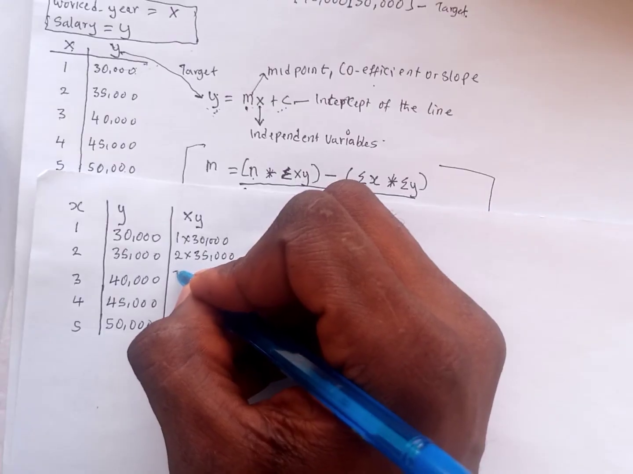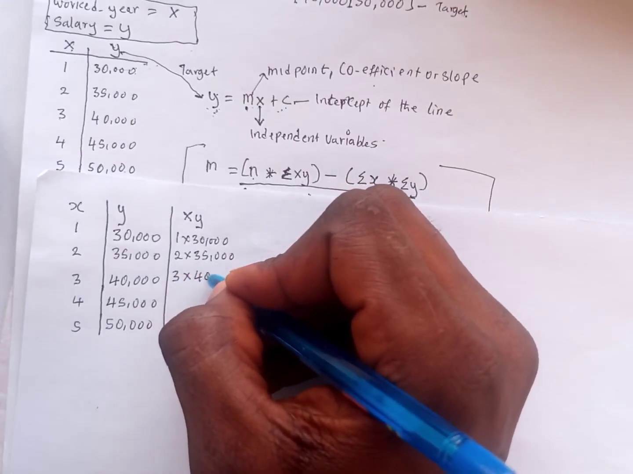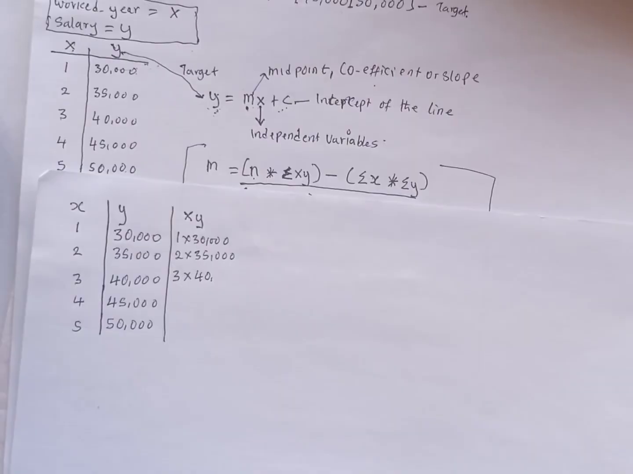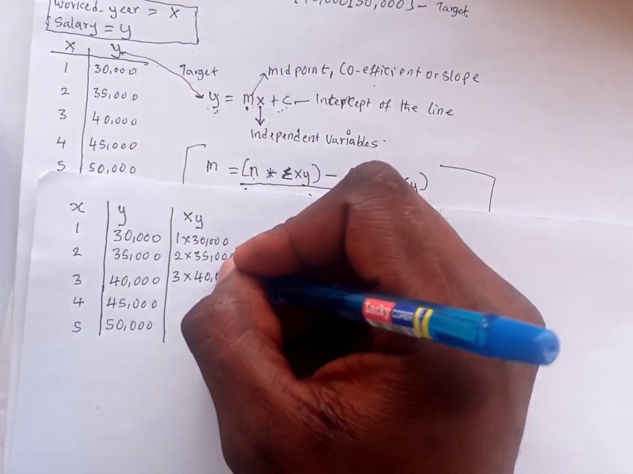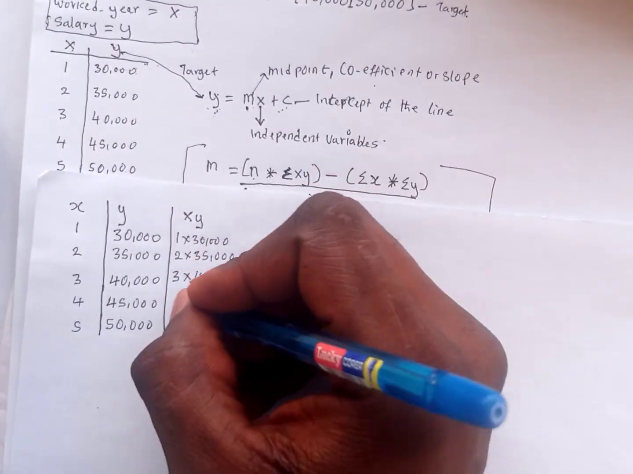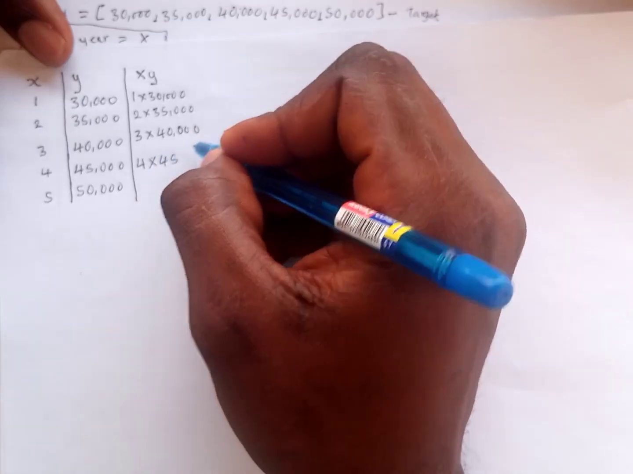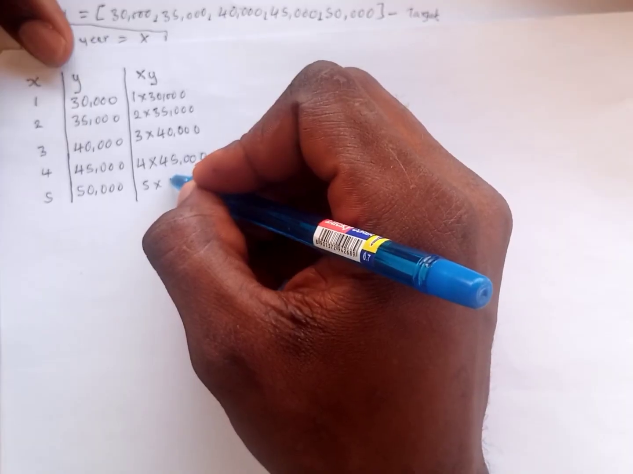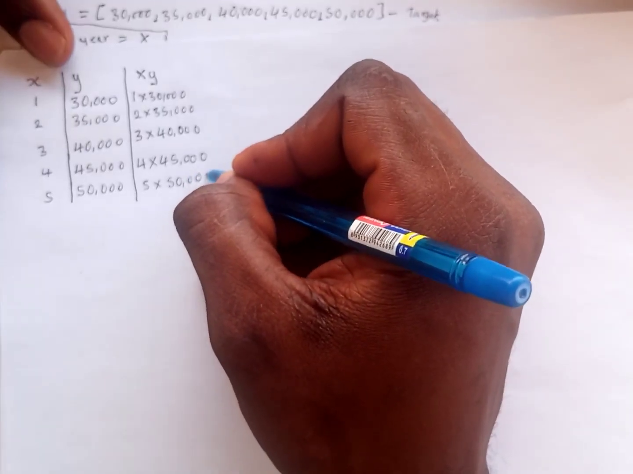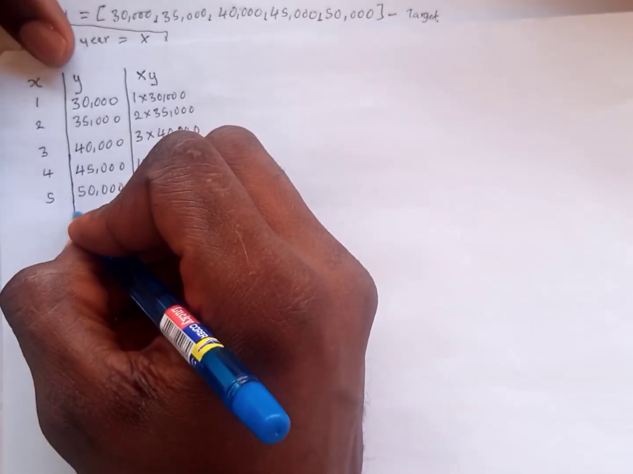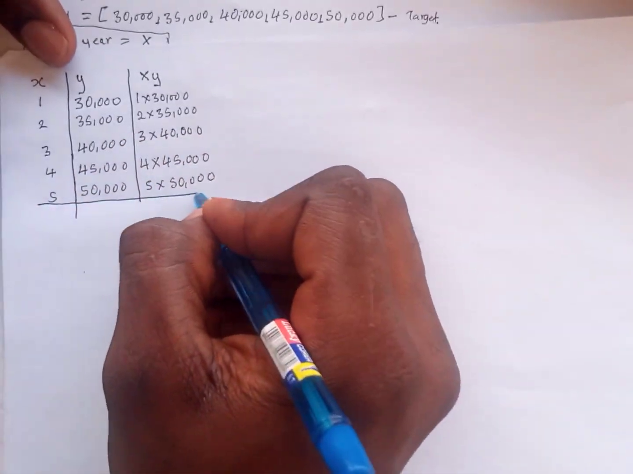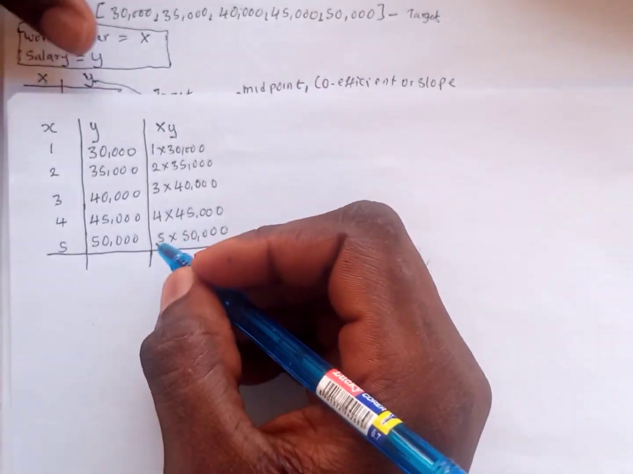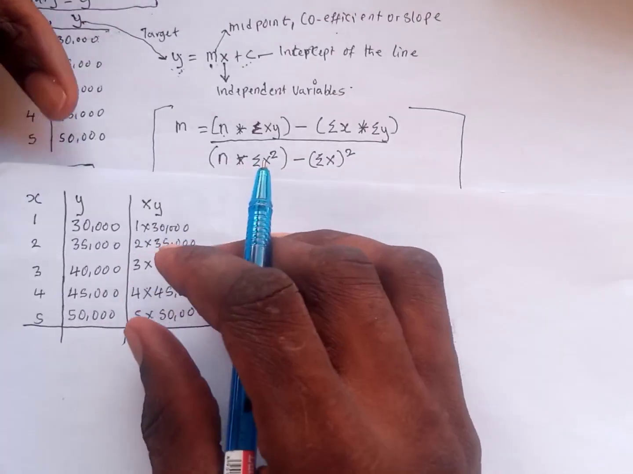Then the third one is going to be 3 times our 40, so we have 40,000 here, and the next one is 4 times 45, which is 45,000, and then 5 times what, 50,000. So definitely, if we are going to sum all these together, on our equation again,